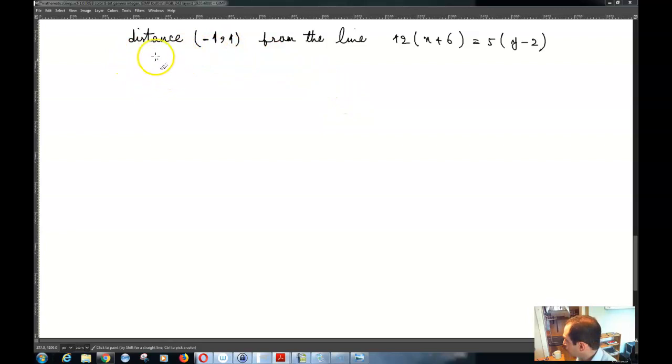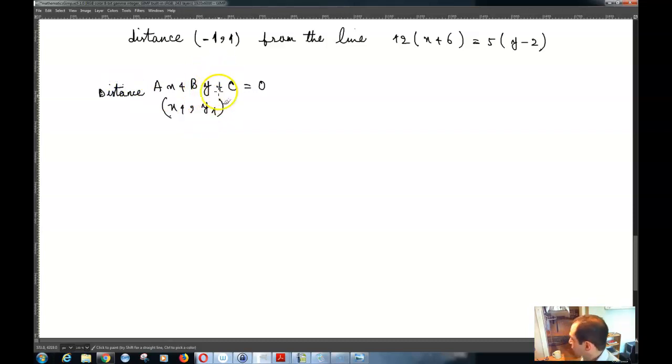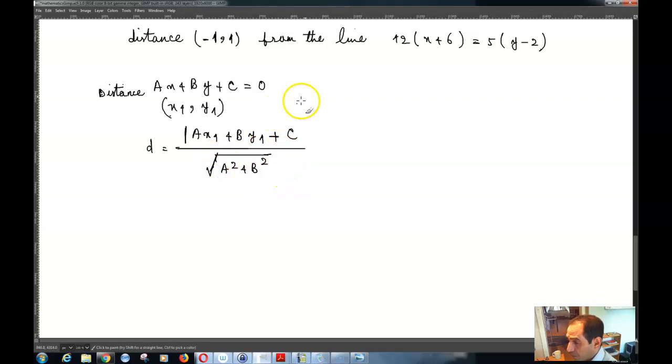So basically, if you have a line ax plus by plus c is equal to 0, and if you have a point over there as (x1, y1), the distance between this line and this point is going to be d is equal to the absolute value of ax1 plus b times y1 plus c over the square root of a squared plus b squared. So this is the distance of a point from a line,